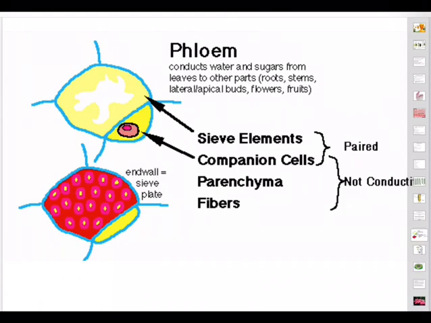So try to recollect whatever technical words such as exarch, endarch, mesarch, and protoxylem, metaxylem, protophloem, metaphloem, all this, and try to identify where exactly they are present. We will continue our